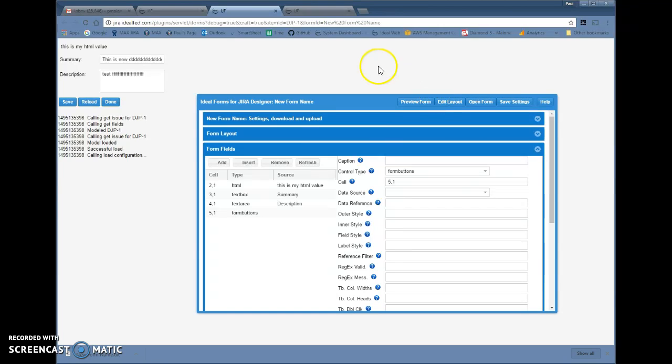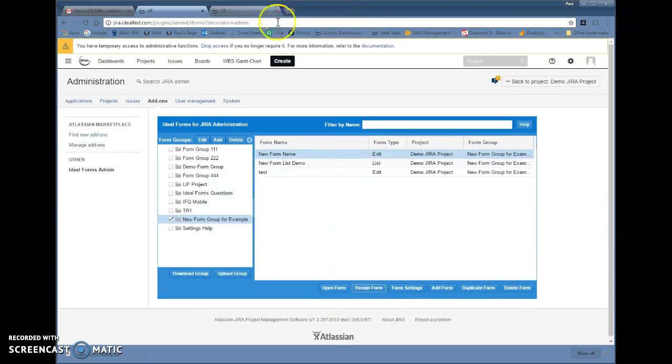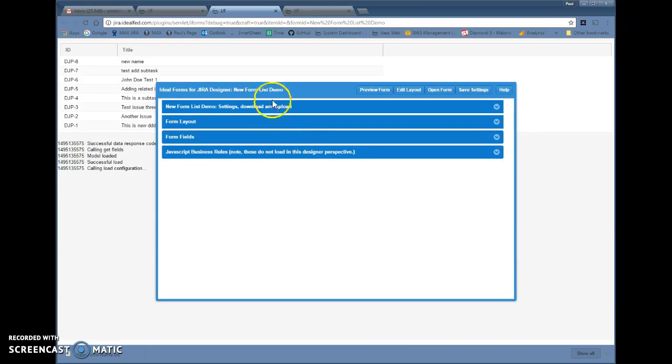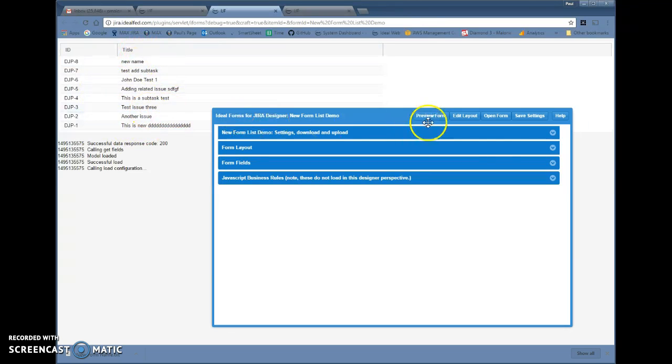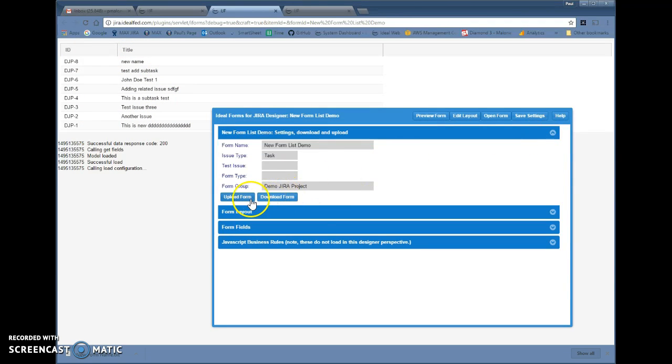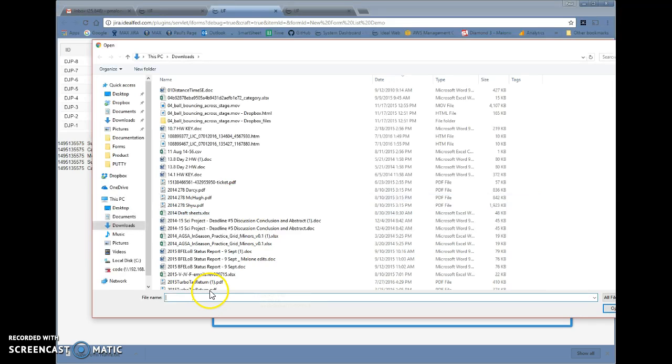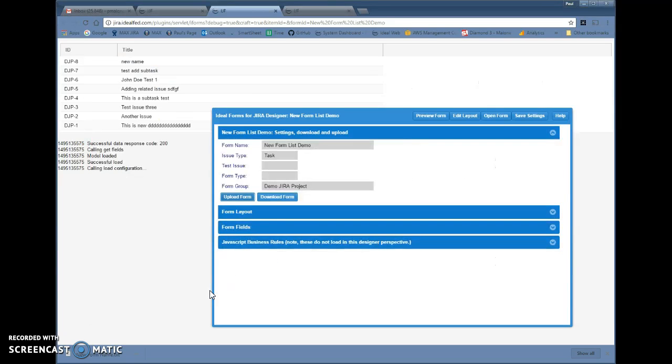What that means is I can do this. I'm going to go ahead and close this without saving. I'm going to pick a different form. We'll call it this form list demo and go to the design. And now you see the layout of this one is a table with a list of issues on it. And then if I click upload form and I pick new form 1 again,